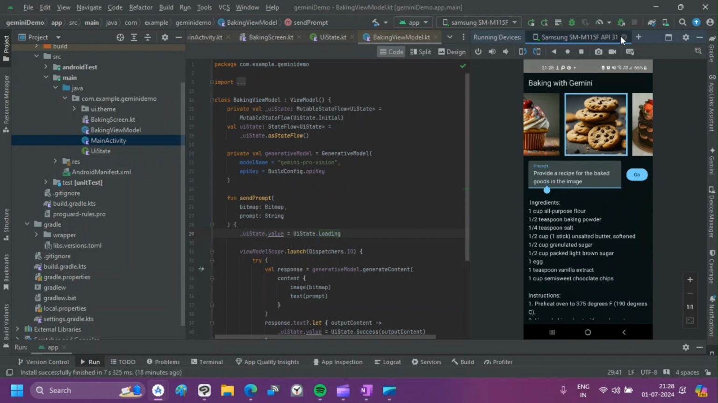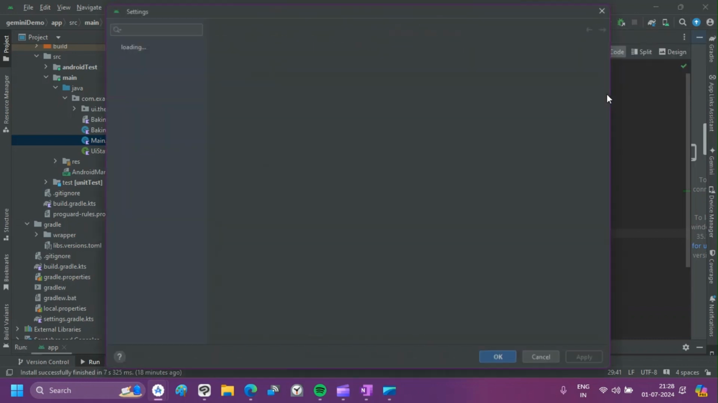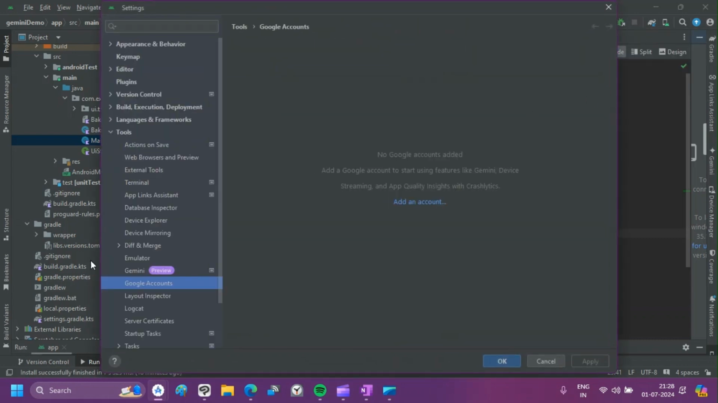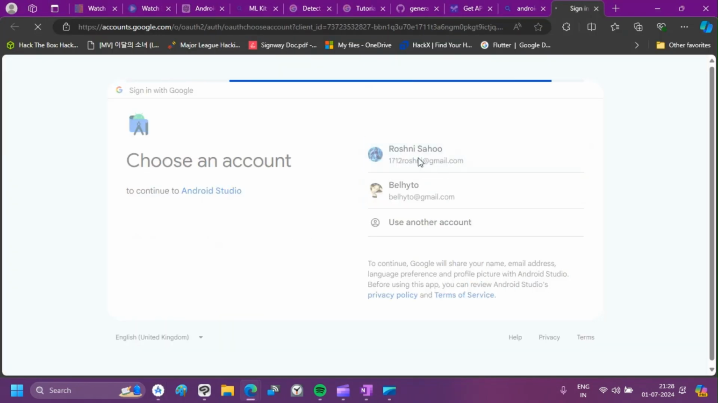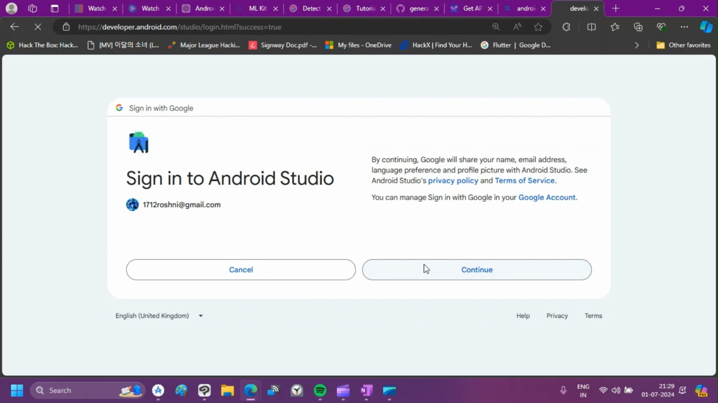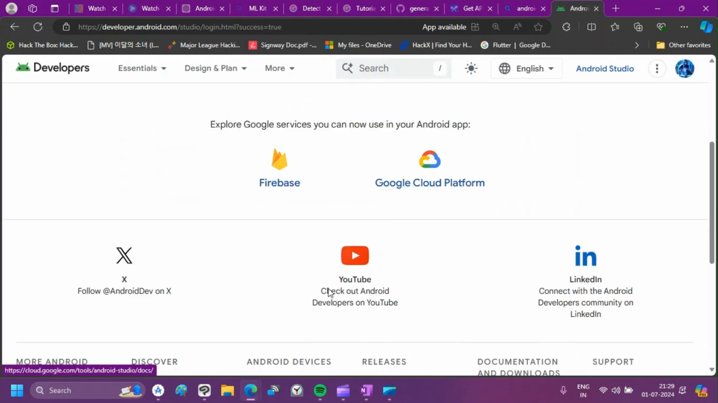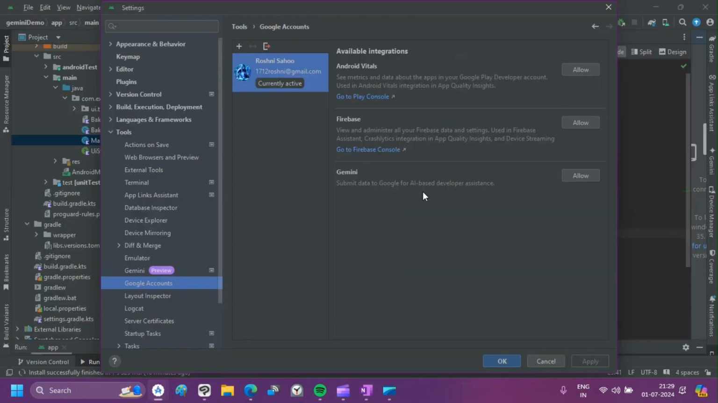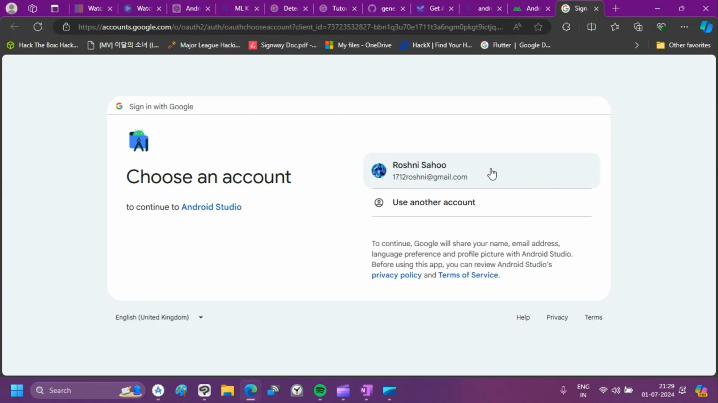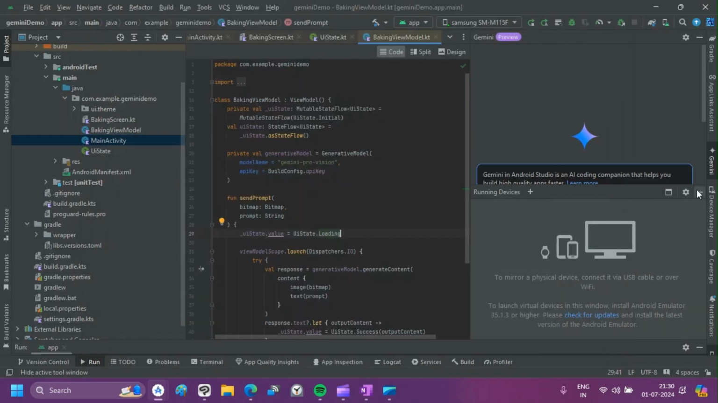Another main feature that I/O announced was the Gemini chatbot actually inside of Android Studio. To do that, I'll just go back to Settings, Tools, and Google Accounts. First, we'll need to enable our Google account and connect that to Android Studio. So I'm just going to connect my account, and once that's connected, we'll see a success sign, and we can go and authorize Gemini. We have to accept all the conditions, and now we can see Gemini is loaded inside